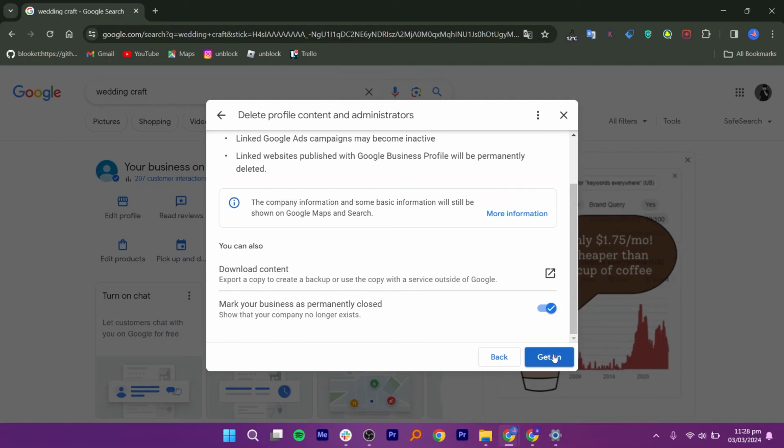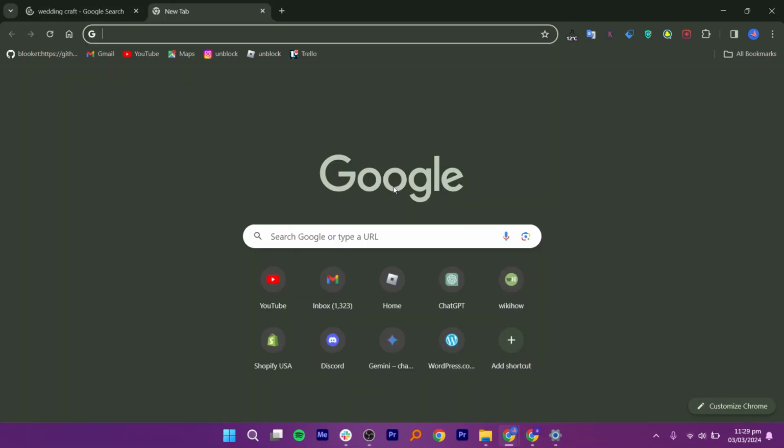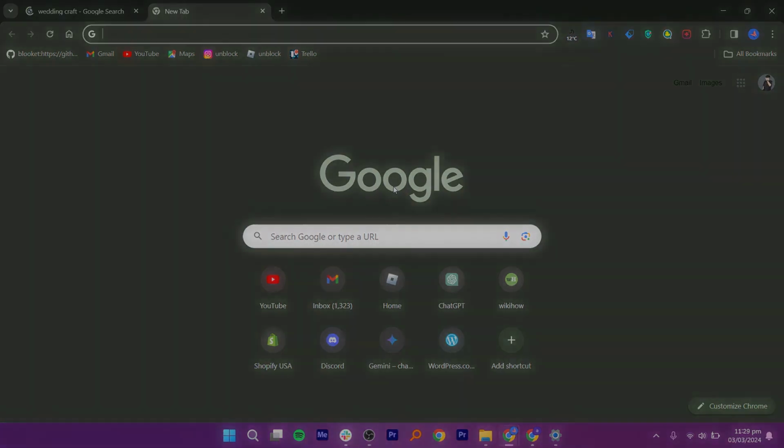However, if you are sure you want to delete the business permanently, choose Delete Profile Content and Managers. This will erase all traces of your business from Google. Keep in mind that while Google mentioned websites and advertising disappearing, it only refers to those associated with the Google Business Profile. Your other campaigns and corporate website won't be affected. You can also back up your profile before deleting it, just in case you want to reinstate it later. Once you're ready, confirm the deletion. It may take some time for Google to remove it